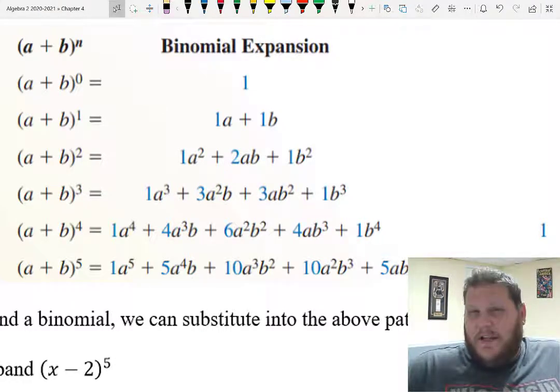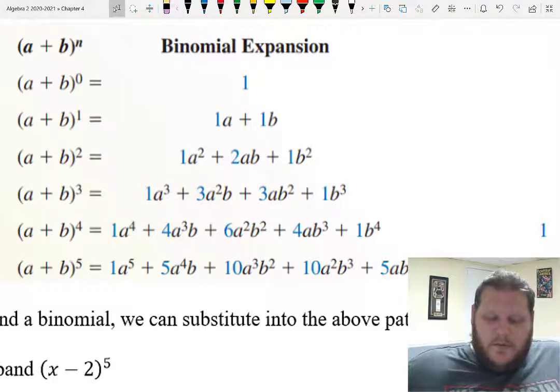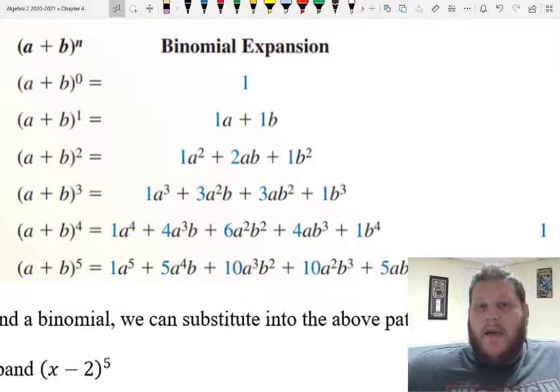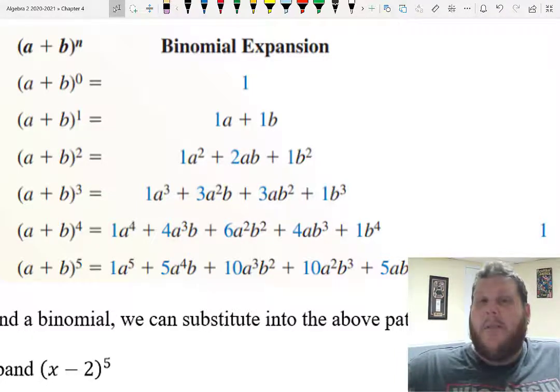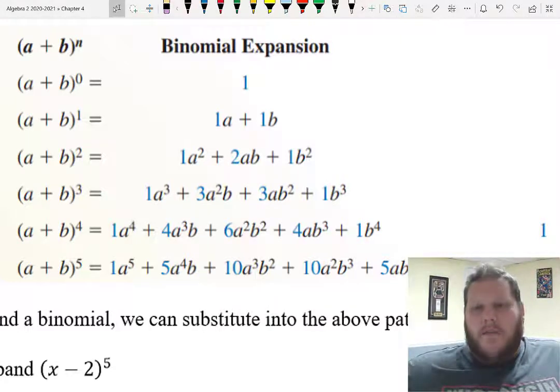Really, the 5th degree expansion is probably as far as we would go. But if you look at my variables, my a's and my b's, they kind of follow a different pattern. My a, the biggest degree that I have, is always that first term all the way to the left, and it goes in descending order as you move to the right. And my b's go the opposite of that. So I start smallest on the left side, and then I increase in my number of terms all the way